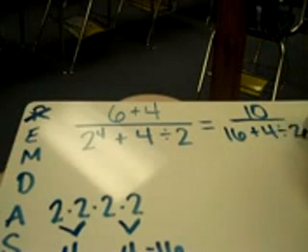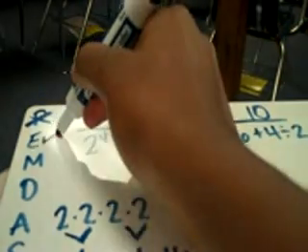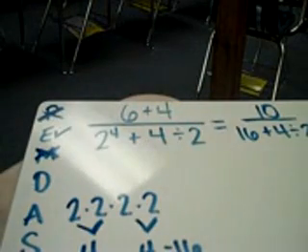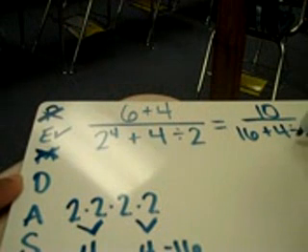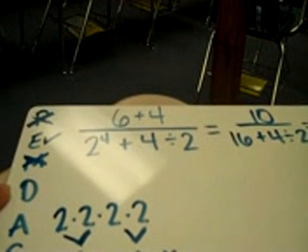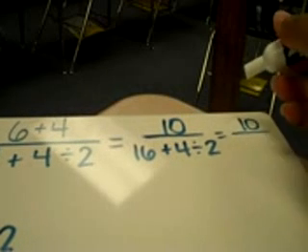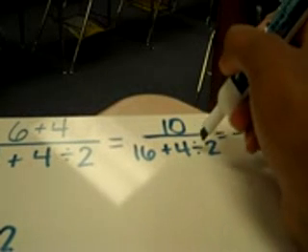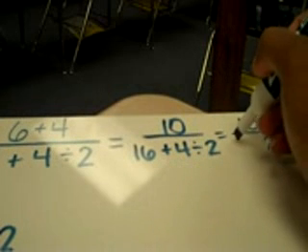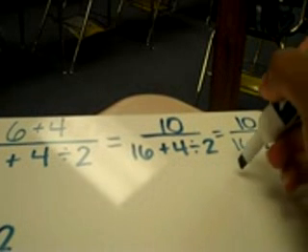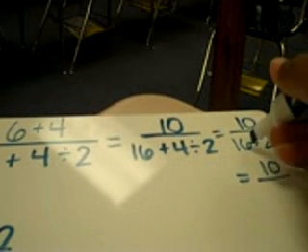And now we have our order of operations to focus on. We've already done our exponents. There's no multiplications. We can forget that. But we do have division, so that comes next. So over here, we still have 10 in our numerator. We can't forget about that. That was one of the common mistakes. People wanted to forget about the 10 being in the numerator. But now we take care of the division. We have 4 divided by 2, which we know is 2. We're going to add that to 16, and our final answer is going to be 10 over 16 plus 2,